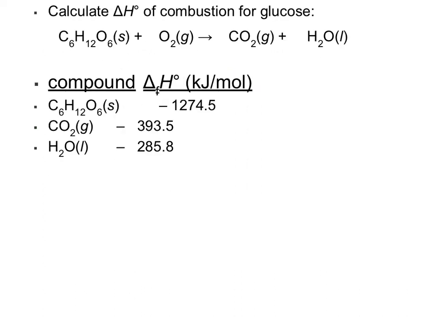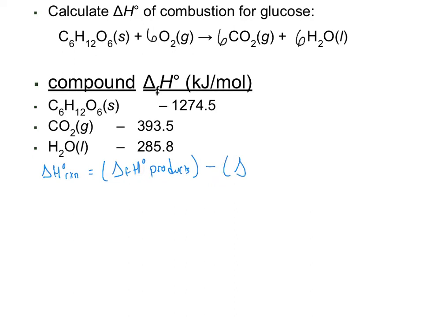So let's take a look at an example. Here we want to calculate the enthalpy of reaction for the combustion of glucose. The first thing we see we need to do here is to balance our equation. And so we're going to need 6 O2s, 6 CO2s, and 6 H2Os in order to balance this. And so we stated previously that in order to calculate a delta H of reaction, that's going to be equal to the sum of the delta H of formation of our products